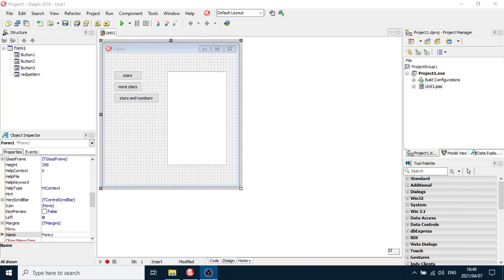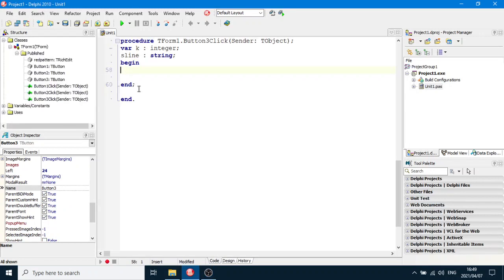Everybody. Today we'll do some patterns. First let's start with some stars. Now if we were going to put 5 stars in a row,